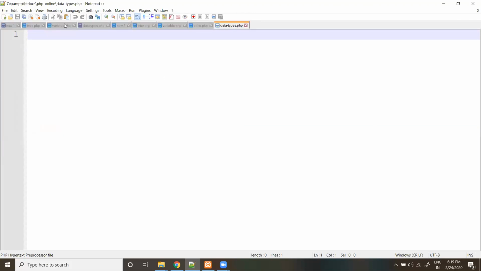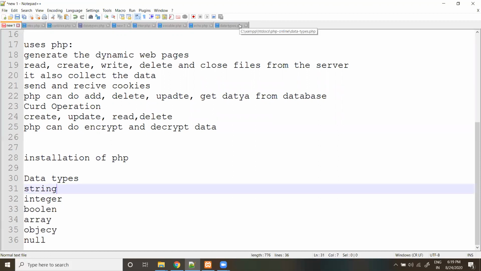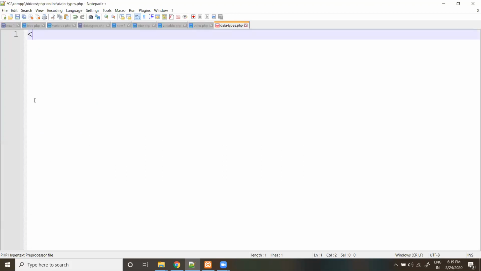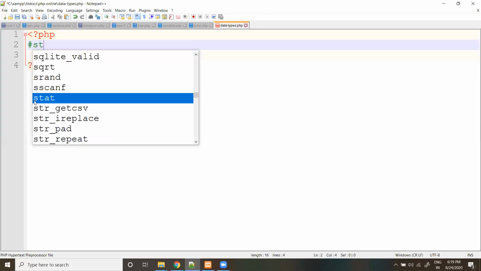There are many data types like string, integer, float, boolean, array, object, null. These are the many data types we have. Okay. We'll see each and every data type in detail. So the first one is a string.